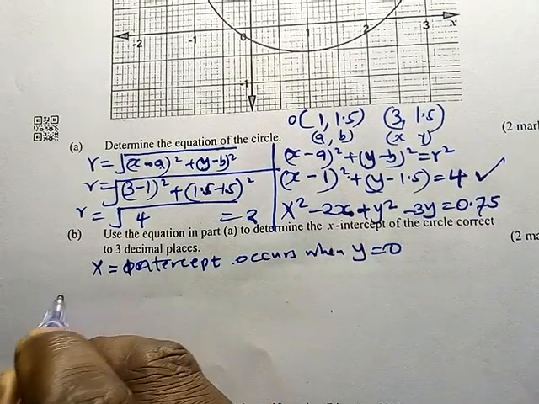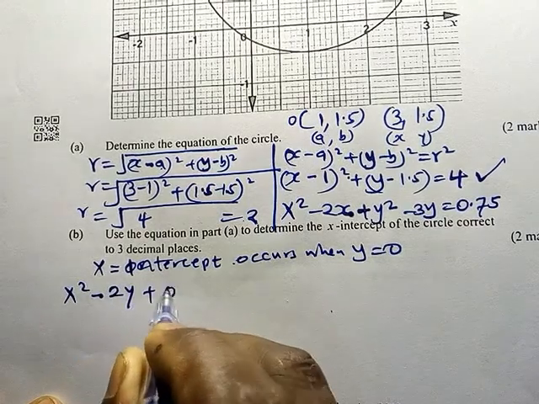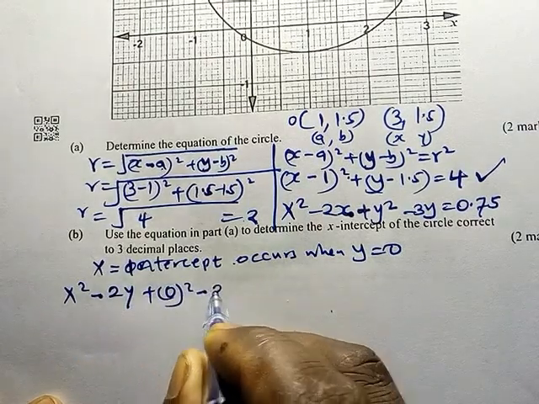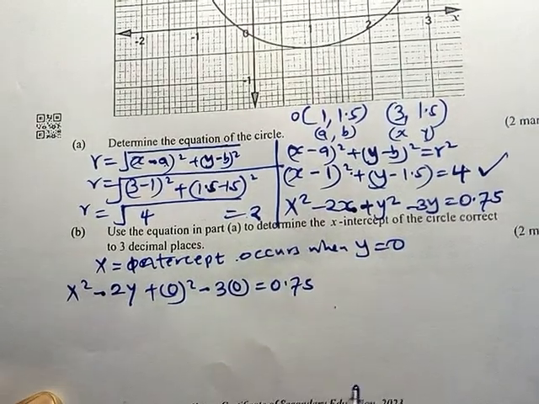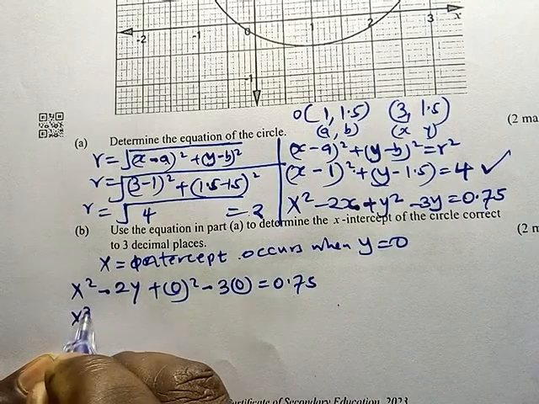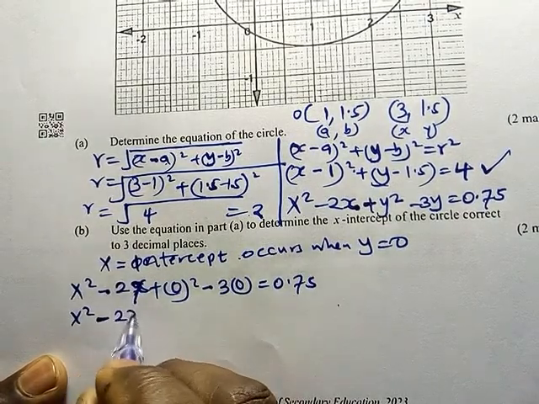So we are going to have x squared minus 2x plus 0 squared minus 3 times 0 equal to 0.75. So this is x squared minus 2x